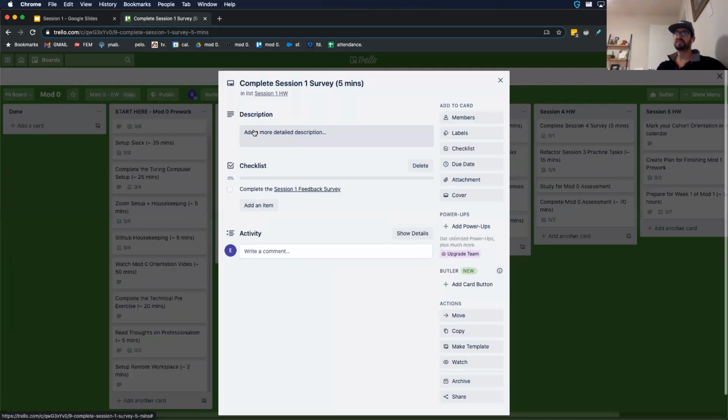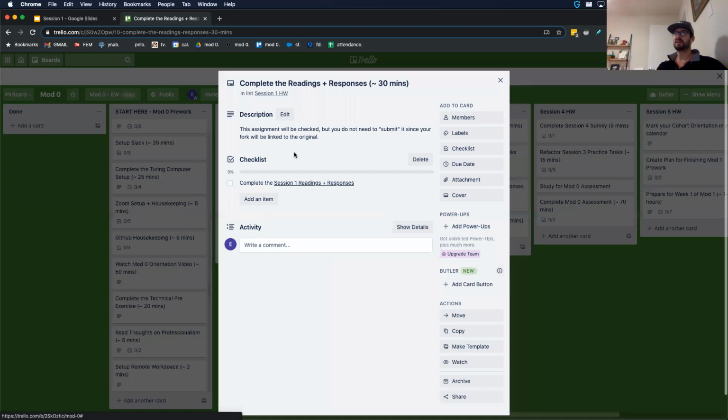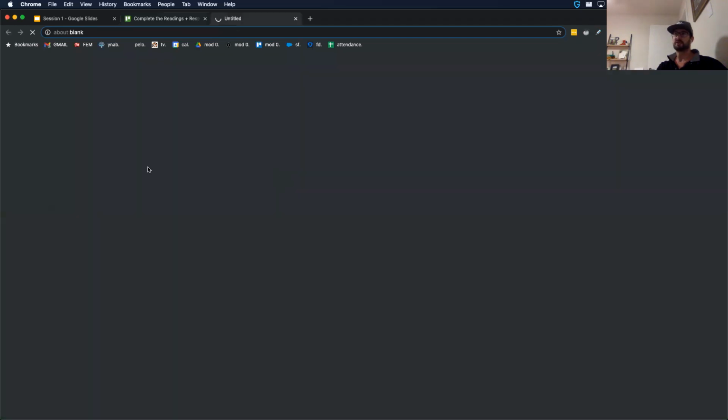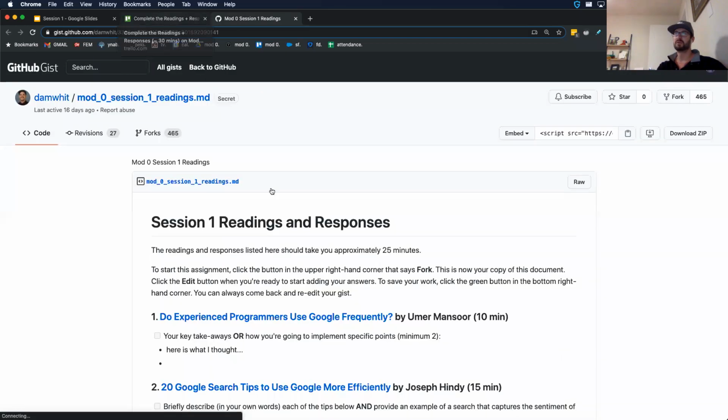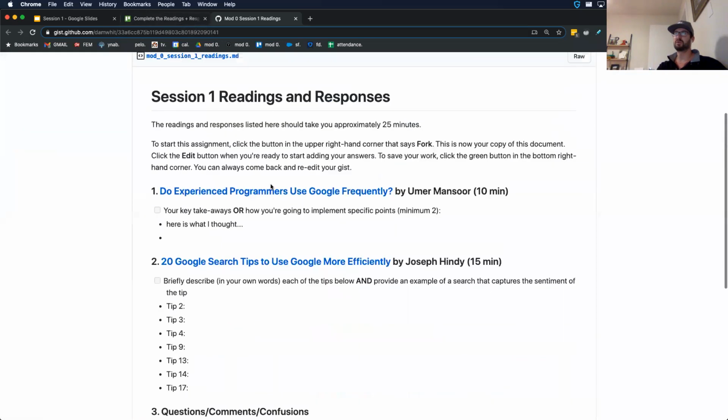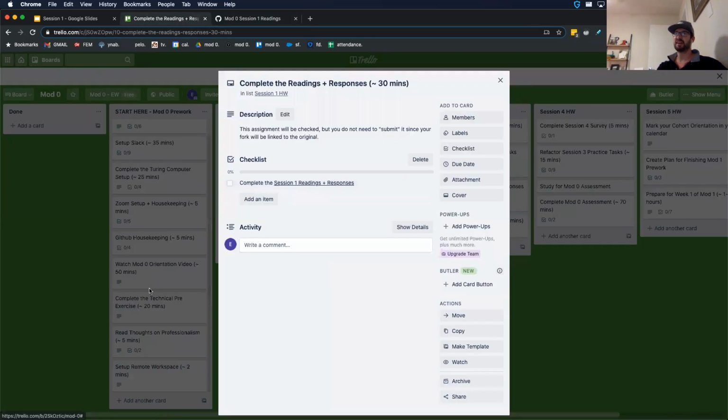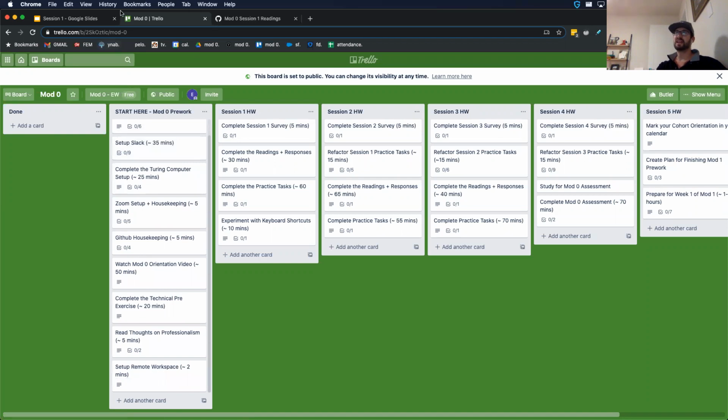So as you click into these, there are going to be links. There are also going to be what we actually want you to do. And you'll be moving through these different exercises as we go. If we take a look,